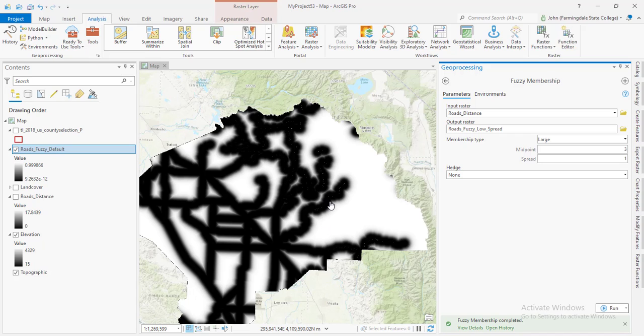So what that's going to look like is that these areas around the roads are going to become more blurred, right? We're going to have more intermediary values going from the roads out to the areas of high fuzzy values. So if we run that,